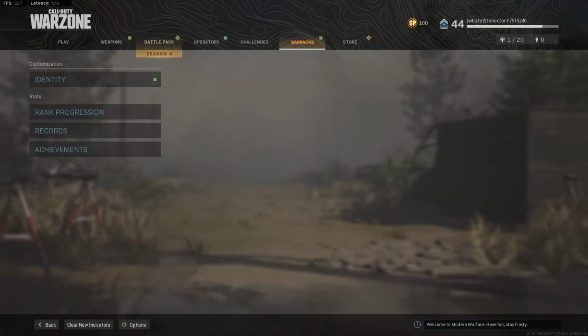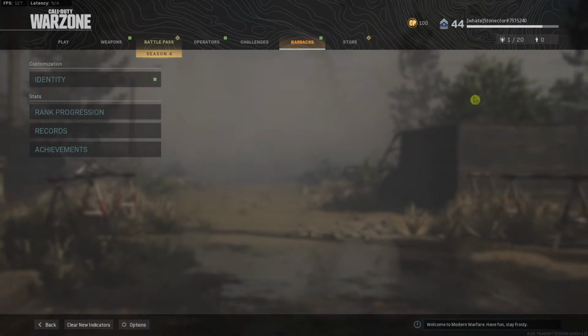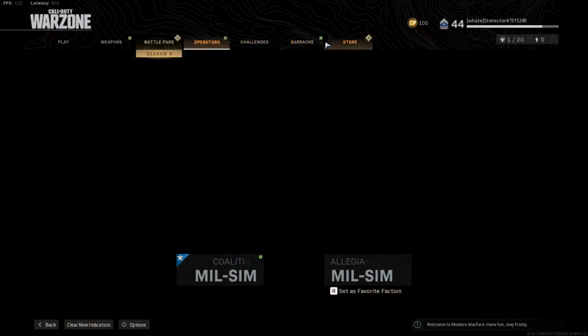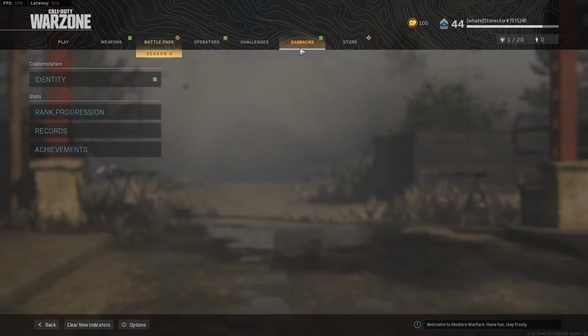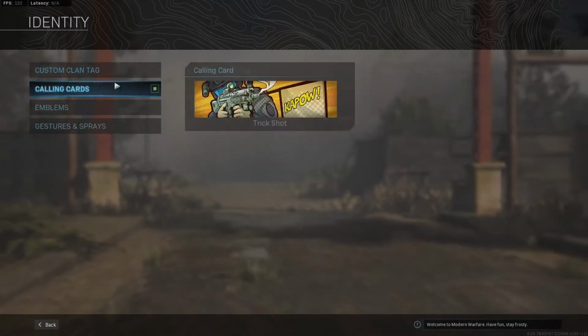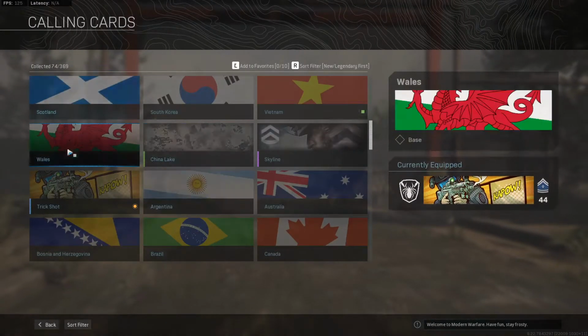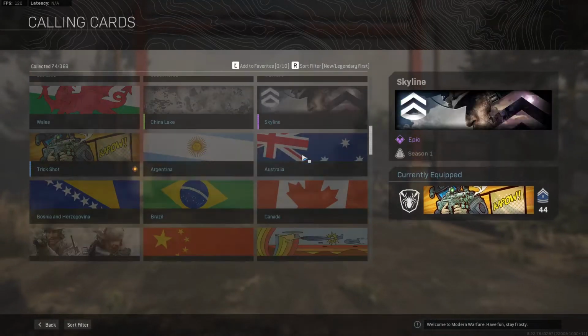In this video I will show you how we can simply change a card in Call of Duty Warzone. So let's start. The first thing you want to do is just be in Call of Duty, and when you're here you want to click here on Barracks, and then just click here on Identity, and then you're gonna see here calling cards. Click on it, and then you can choose whatever card you want,